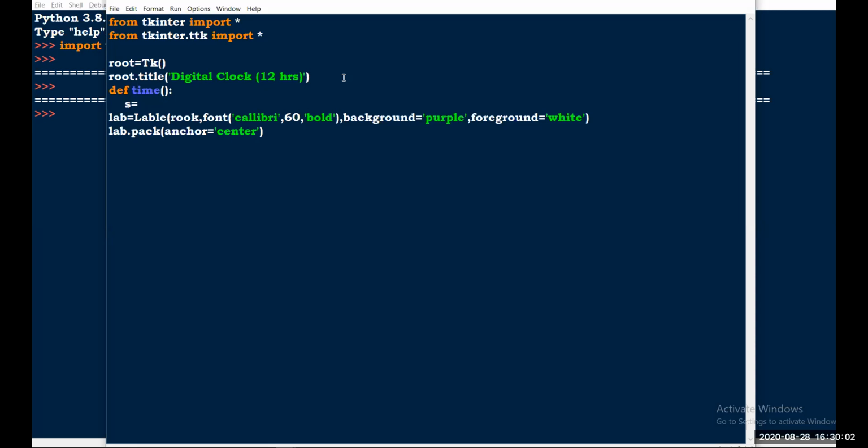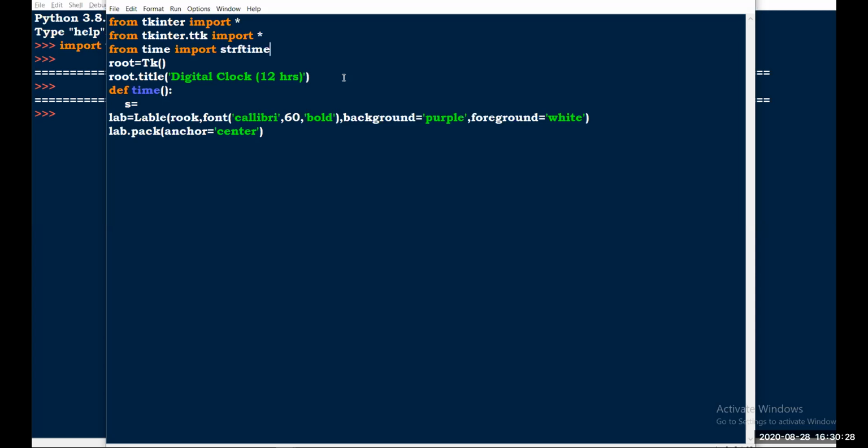So you need to import one more library, that is datetime, or just time. Here you need to import time, and from time we have to import strftime.